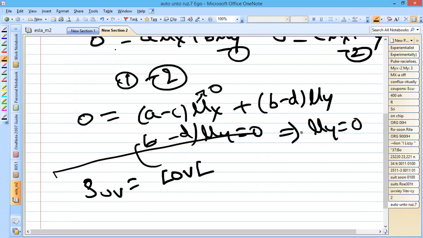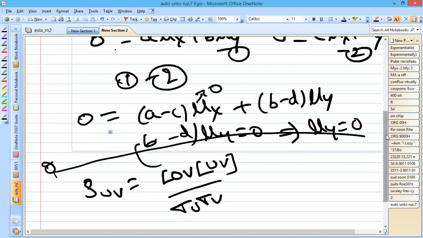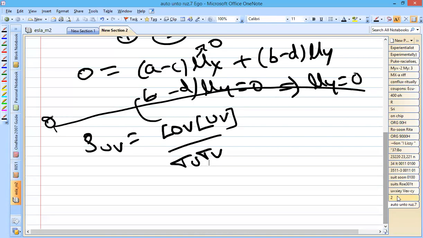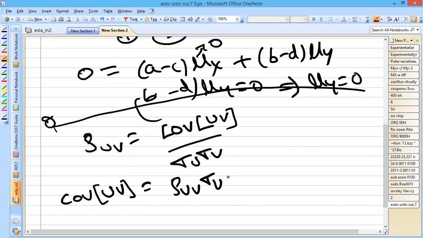So this is over for specifying the uncorrelated random variables x and y, and then along with that we need to calculate the value of theta. So for that, continue the calculation. As we know, the correlation coefficient between u and v is defined as covariance of uv divided by sigma u into sigma v. Here we don't know the value of covariance, but he has given the value of rho uv, using which we can get covariance. So covariance of uv is written as rho uv into sigma u into sigma v.